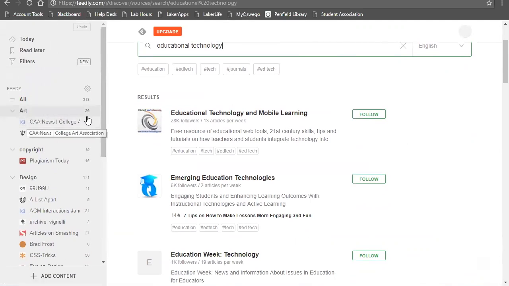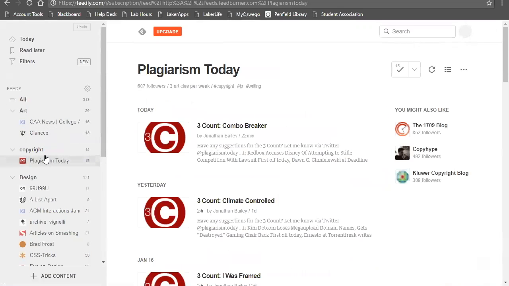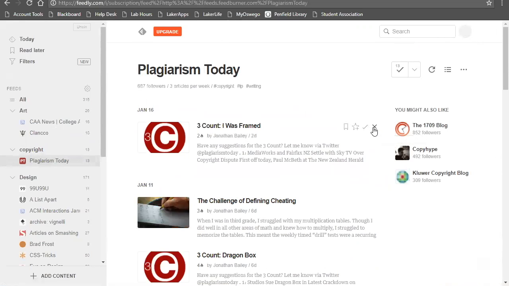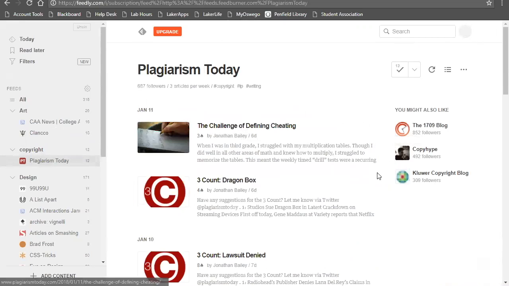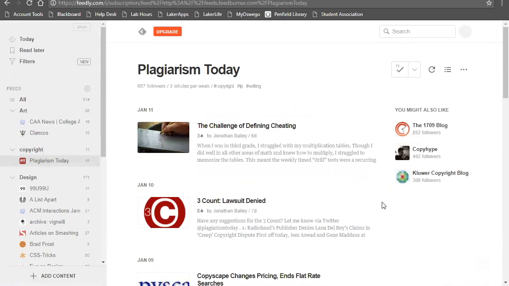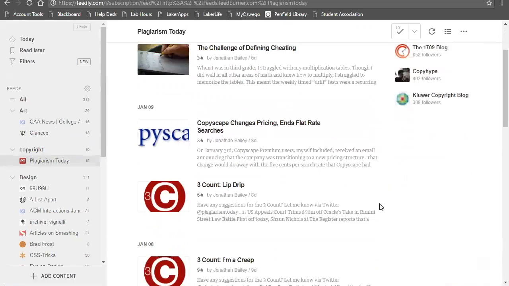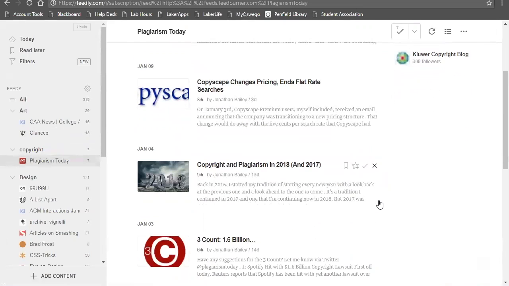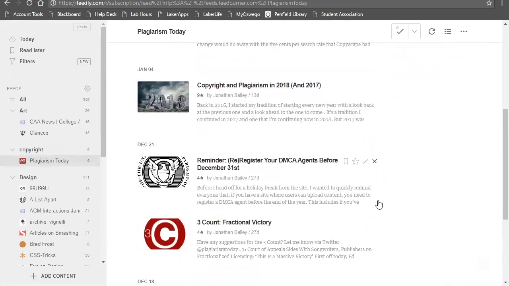I find it helpful. Sometimes it's like, oh, I want to get caught up on plagiarism issues, for example. I don't like the ones with low counts, so I just say, I know I won't read that, I know I won't read that, I'll probably read that one, won't read that one. You can also do it for the whole folder if you don't want them. I do this on a daily basis to clean them out.